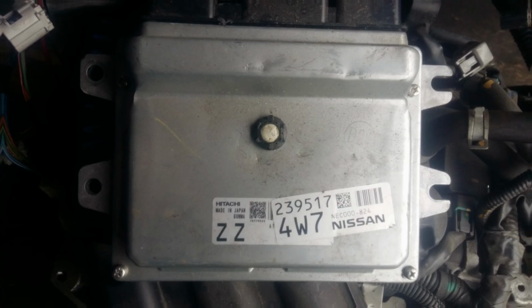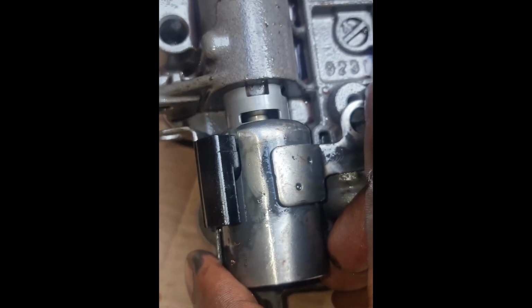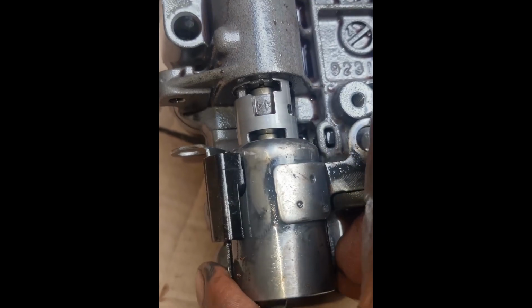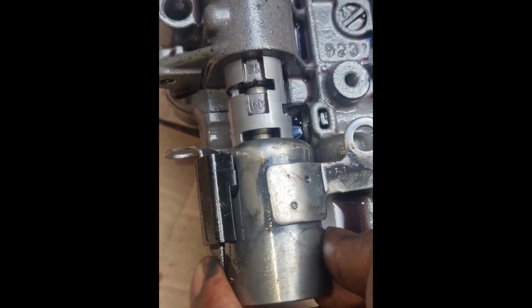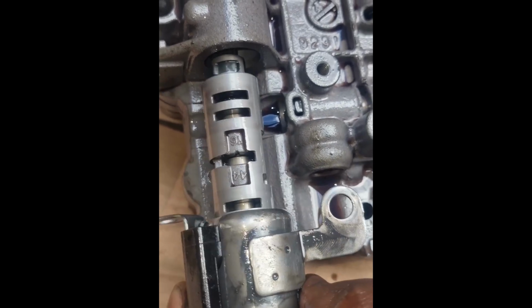Equally critical is the transmission fluid pressure sensor, which measures the internal pressure of the CVT fluid to maintain proper belt and pulley engagement. A malfunction here can trigger fault codes such as P0846 and may lead to erratic shifting